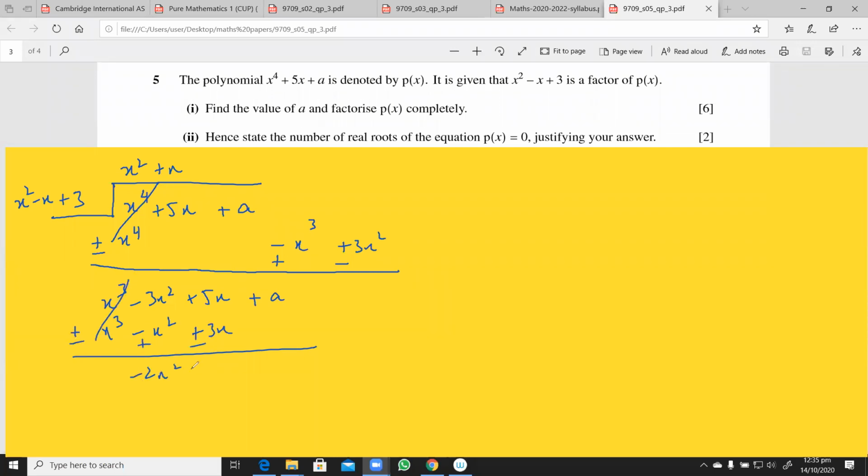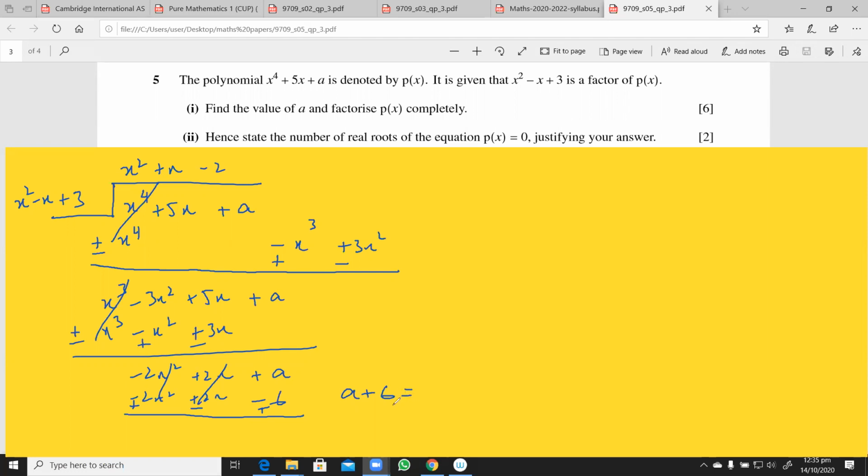This is minus 2x squared minus 2x plus a. So this is minus 2, minus 2x squared minus 2x. This was plus here. And this is minus 6. So this a plus 6 should be